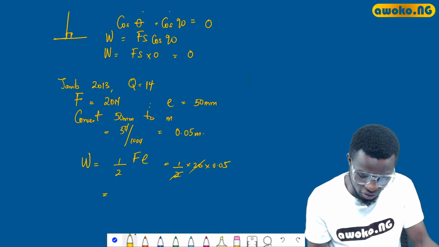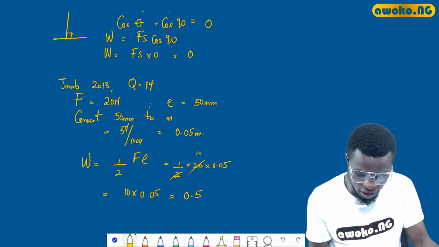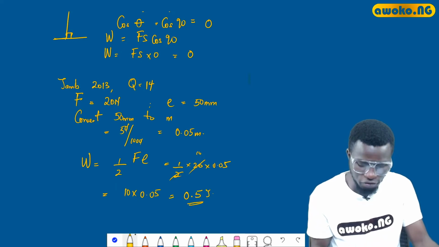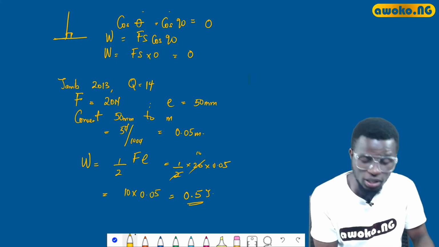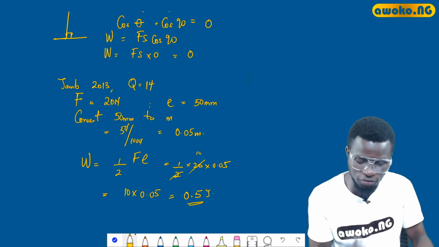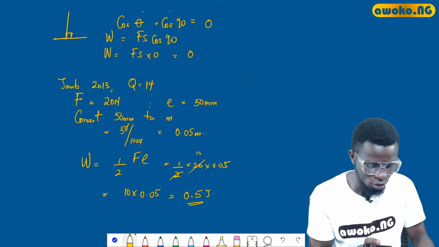If you do that, this is 10, to give us 10 times 0.05, which is equal to 0.5 joules. Therefore, the work done by the force of 20 Newton to stretch a spring by 50 millimeters is equal to